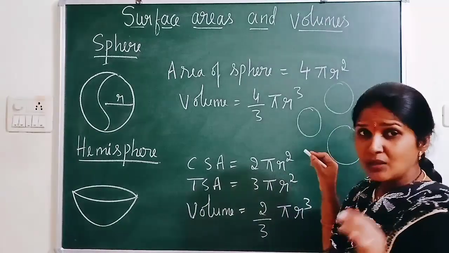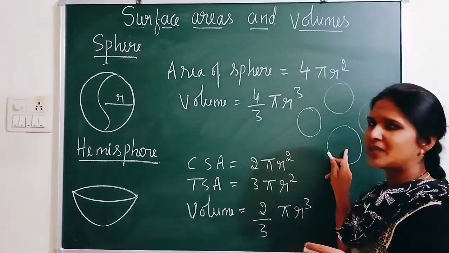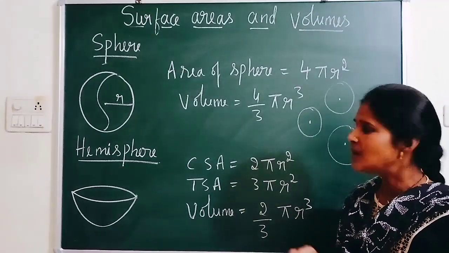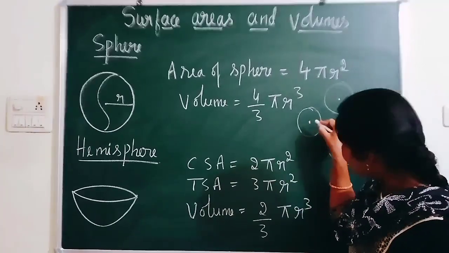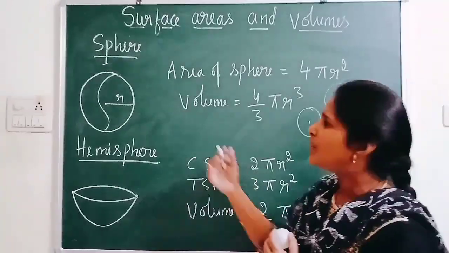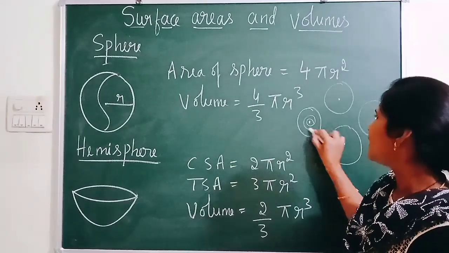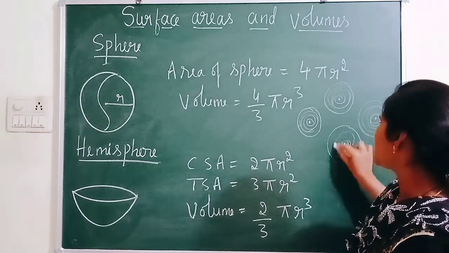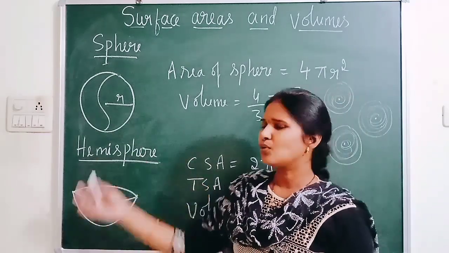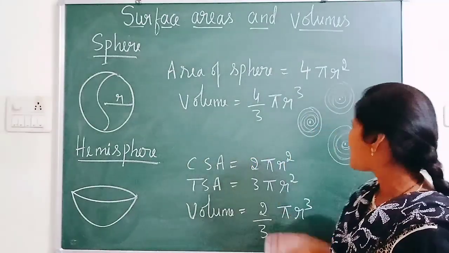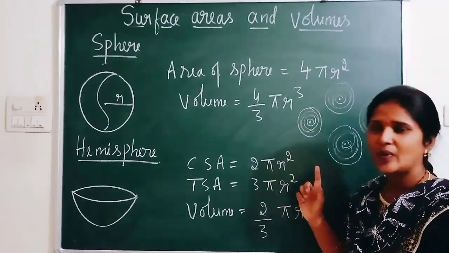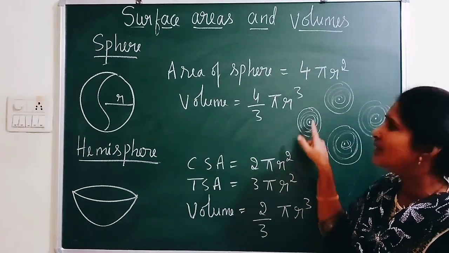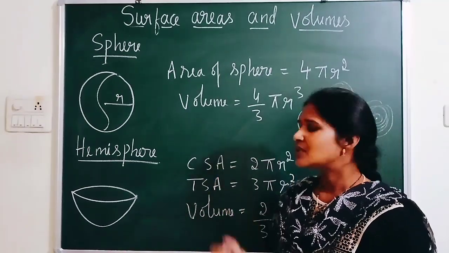Then you have to take 4 cardboard pieces. Next, put a pin at the center of each circular cardboard, fix the pin there, and whatever thread you obtained from the ball, go on rolling that thread around this pin. So what do you observe? You observe that the thread you rolled and removed from the sphere will exactly fit for 4 circles. That's why the area of sphere is nothing but 4 times the area of a circle, that is 4 pi r square.